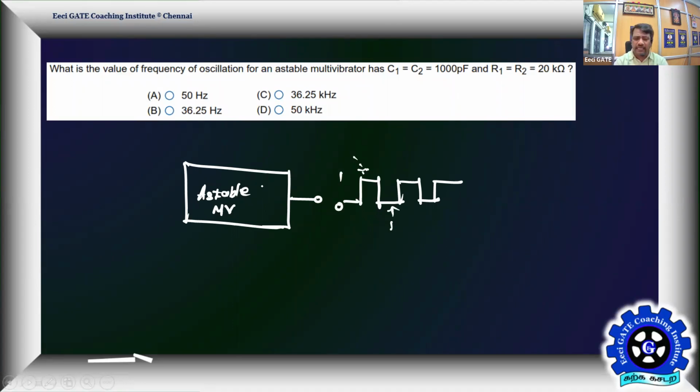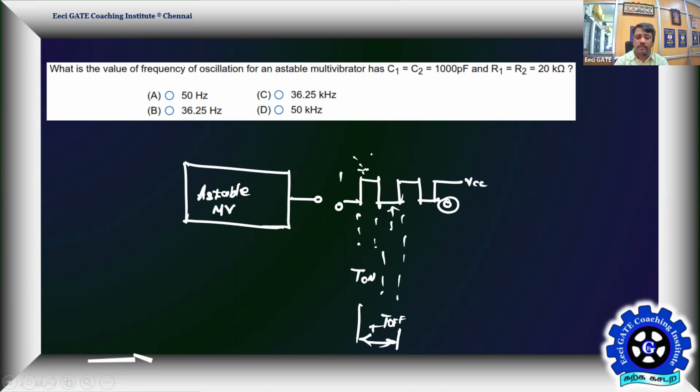Digitally it will have analog value, maybe 0 and VCC. Okay, depending on the voltage you are going to bias the entire circuit, you'll have a power supply voltage, 0 and VCC we can take, or digitally you can take 0 and 1 also. Okay, so it is going to be in 2 states. One is low state, another one is high state. Okay, so how long it is in high state, that's what we call the on time, and how long it is in low state, we call it the off time. So then the total time period will be defined by the sum of on time and off time.